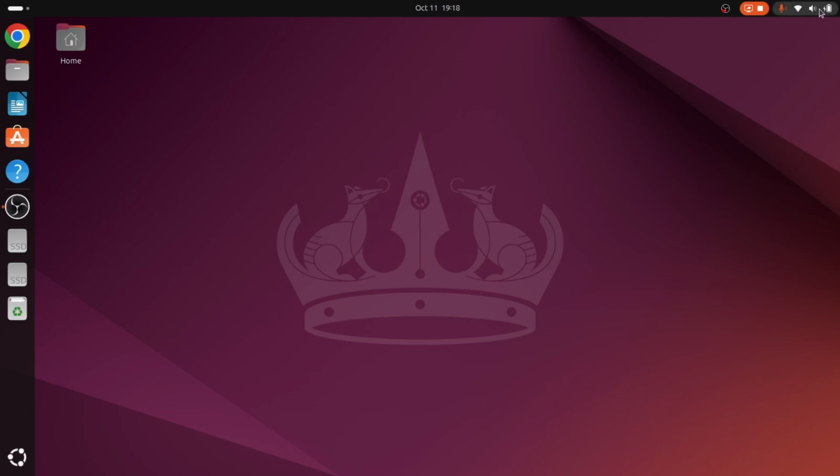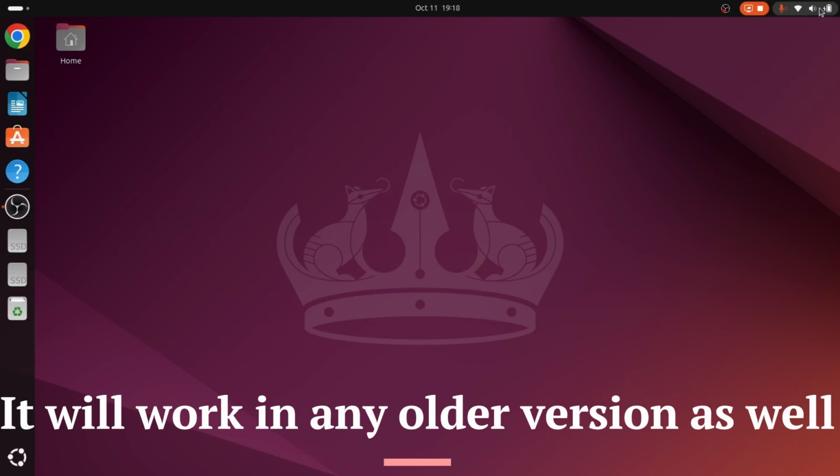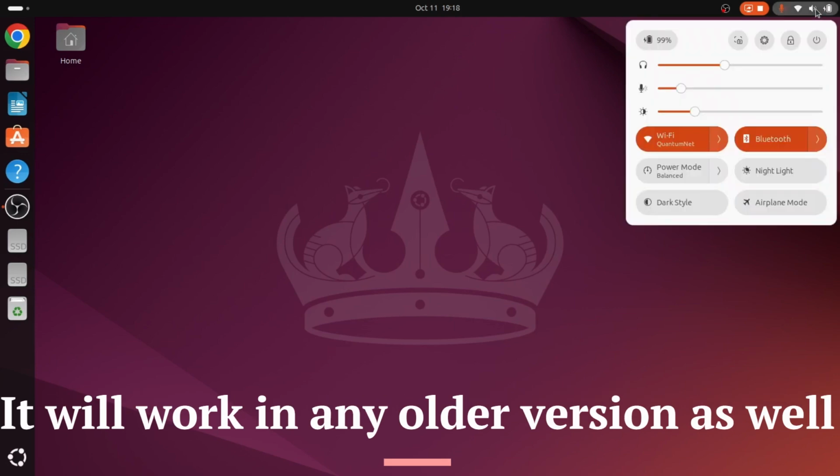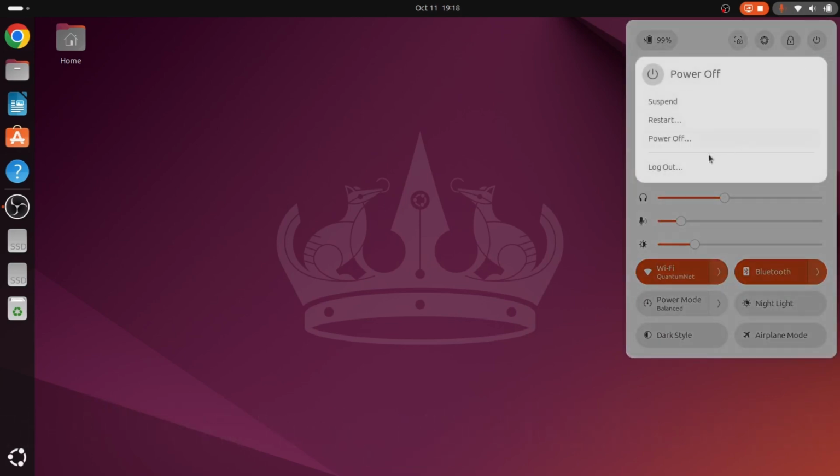I'm using 24.04 LTS. You will just go here and click on this shutdown icon, and here you have to just click on the logout only. Just click on the logout, okay, so we will just click on this logout,